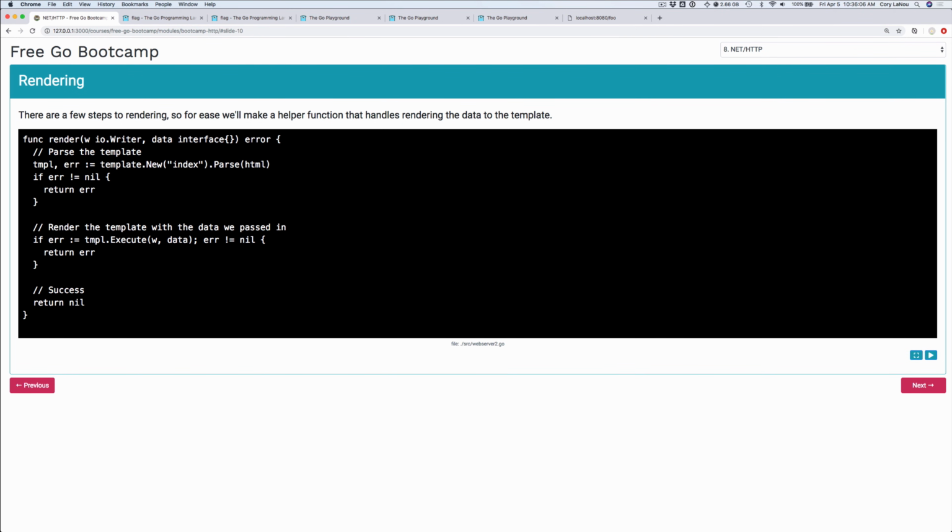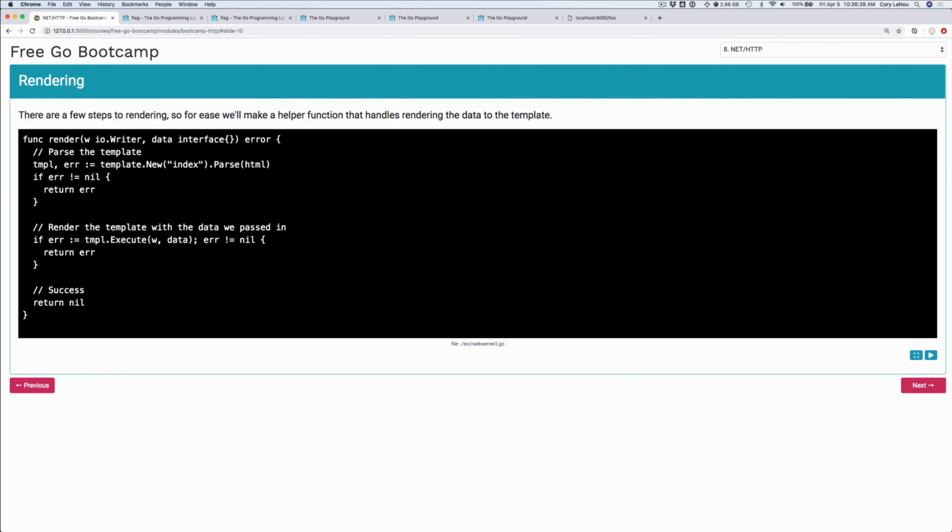So lastly, we actually need to render. Now rendering is a little bit more involved, and the easy thing to do here is just create a simple render function. I'm going to pass it an IO writer, and in this case, because I'm in an actual handler, I'm going to have the response writer available to me, so I can simply pass that in as an IO writer. This is one of the idioms that you'll find in Go. We have IO reader and writer idiom patterns all the time. It works out really nice. And then I'm going to pass in data, but I'm going to pass it as an interface, and I'm doing that because execute takes an interface, so it can be anything.